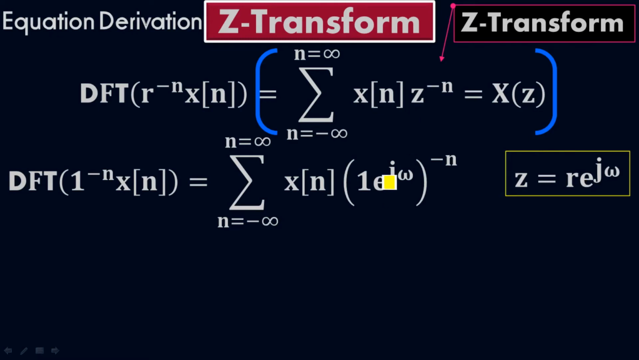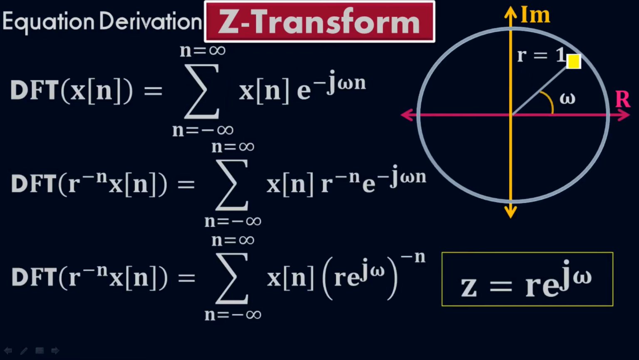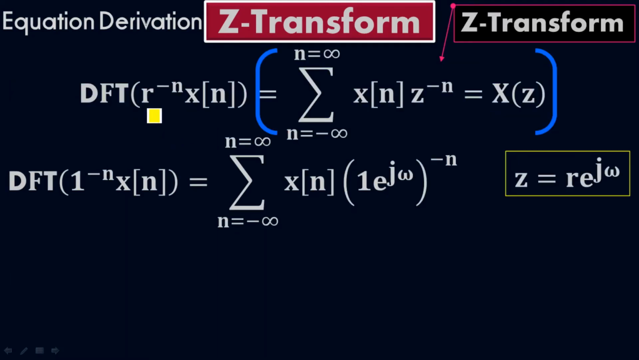Now, if I plug in r equals 1 here, and r equals 1 here, if I put back z equals r times e to the j omega. What is r? R is the radius of the circle, remember. Why do I put r equals 1? Because the magnitude of that circle was 1, which was the unit circle. Therefore, I plugged in r equals 1 here, and r equals 1 here,